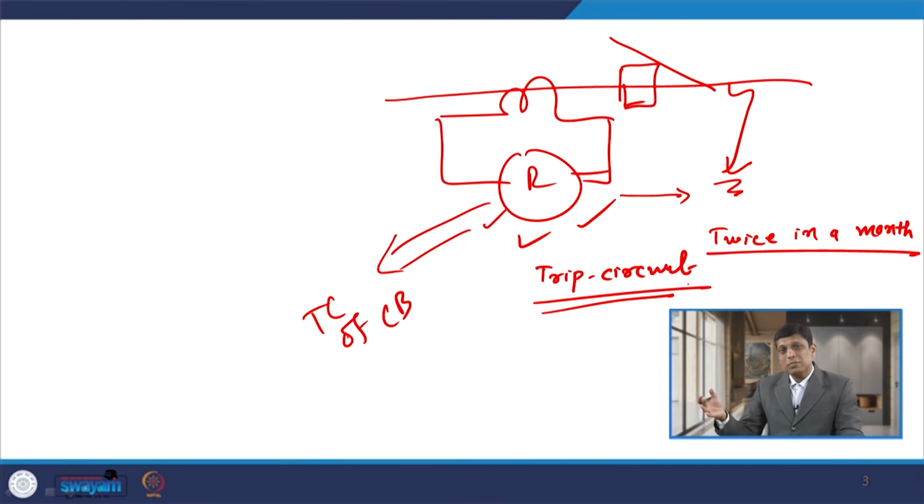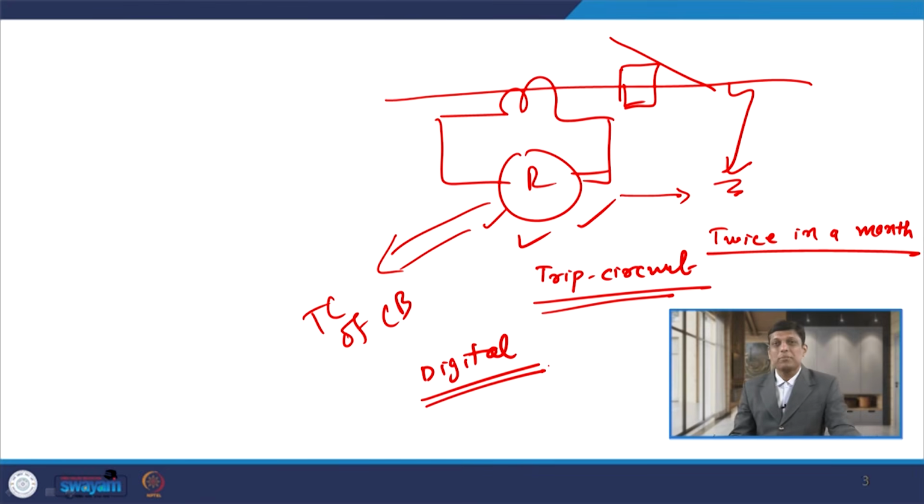The question may come, sir, if we are doing periodic testing and a fault occurs on the line, what will happen? In that case, the primary relay on which we are carrying out periodic testing is not going to operate, but we do have some backup relay. So, we have to rely on the backup relay itself, unless we use a digital relay which has the capability of a self checking, self testing feature. So, we need not carry out periodic testing of those relays, as they are capable of carrying out checking themselves, and we can avoid such a thing.